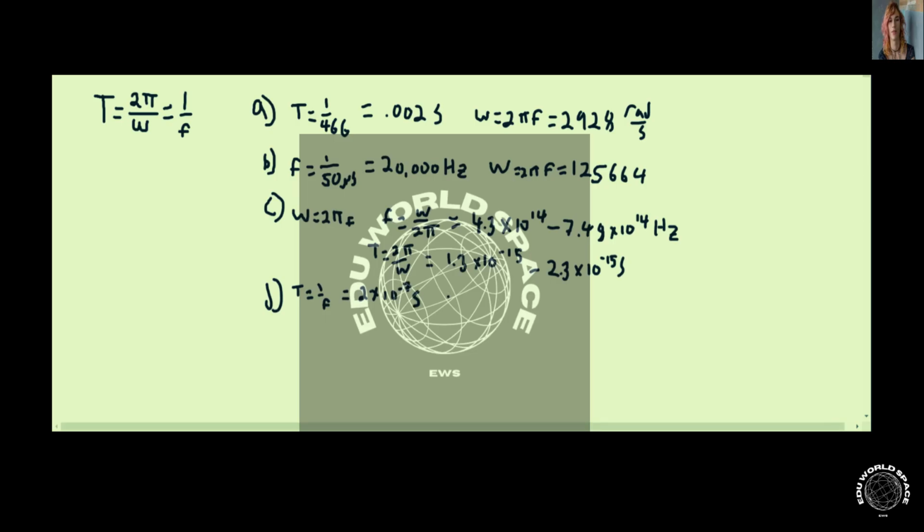When we look at the angular frequency, omega is just going to be equal to 2 pi times f, which in this case will be equal to 10 pi megahertz per second, or 10 pi times 10 to the 6th radians per second. I hope you enjoyed this, and I hope